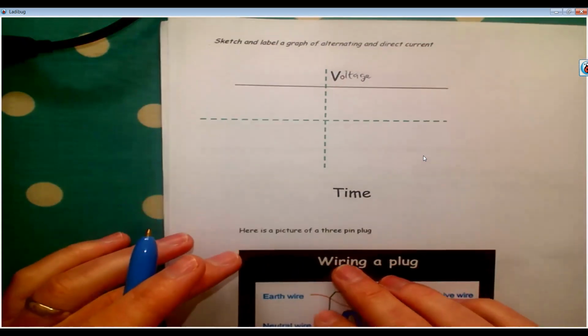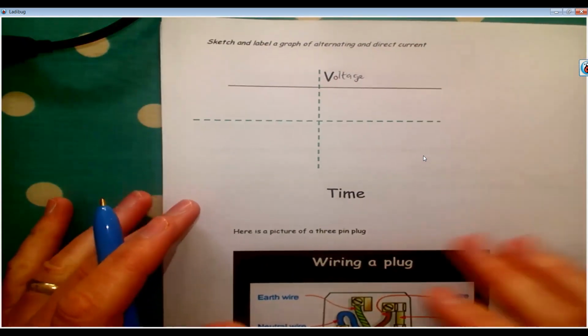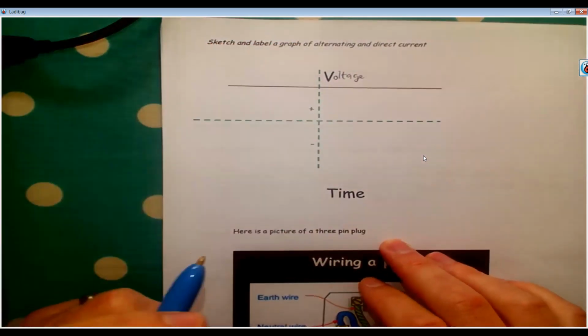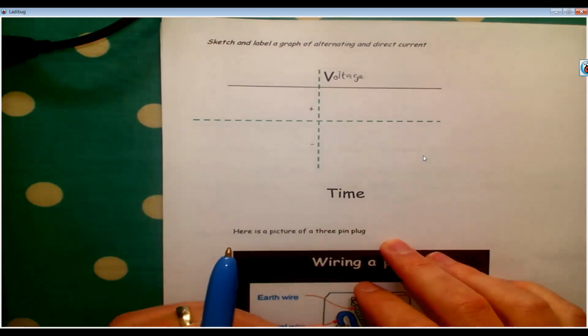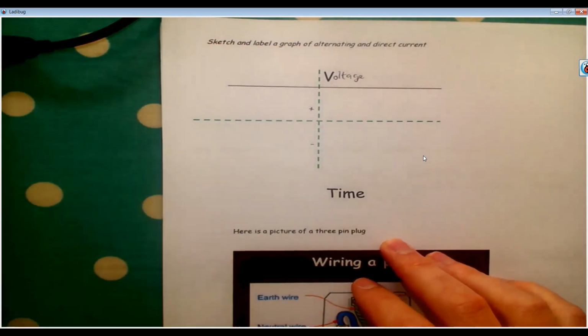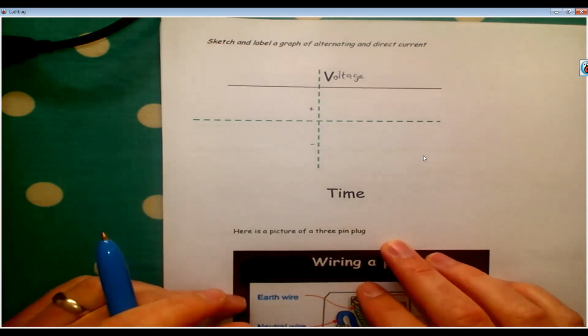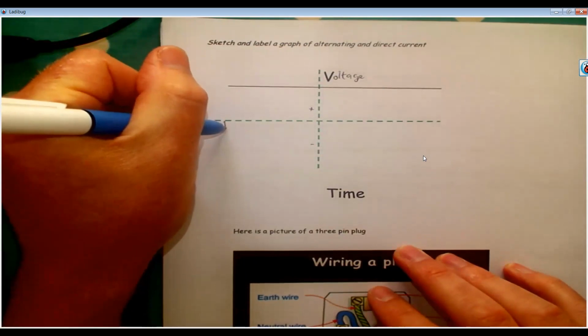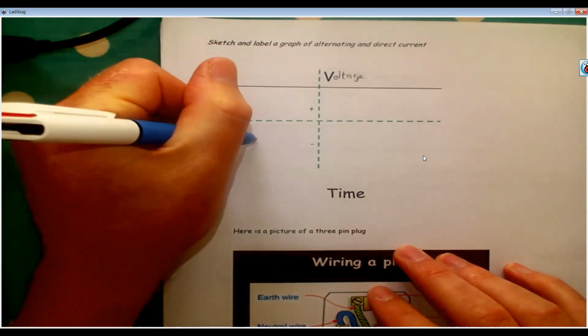But with alternating current, now here we've got positive and negative voltage. That's just to do with the direction that it's going. So if we say it's going forward or going one way, that's positive. If it's going the opposite way, that's negative. So if I was to draw what an alternating current looks like,